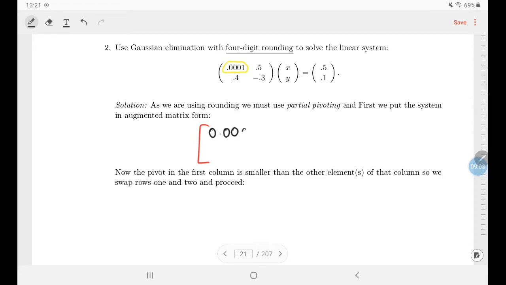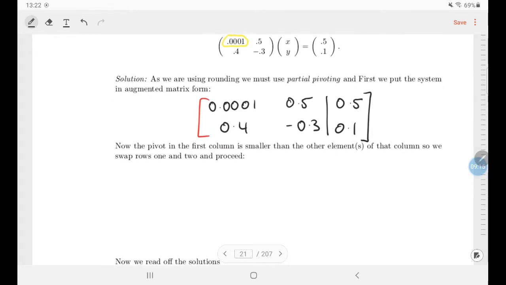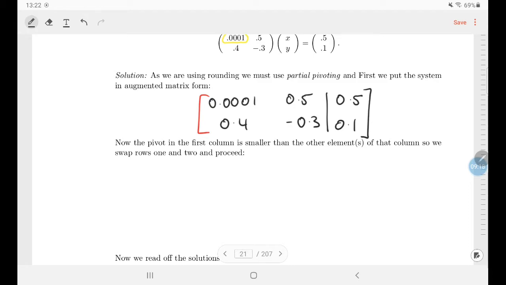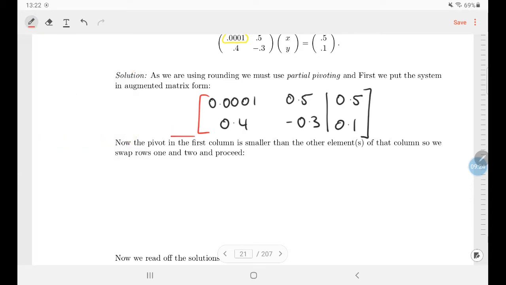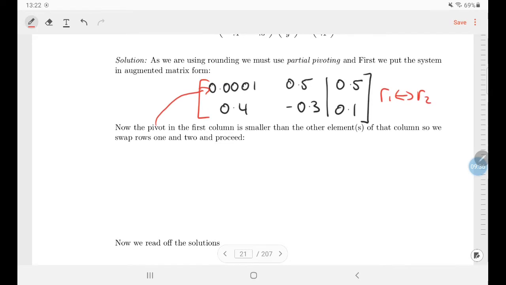This is deja vu. So we solved this, we made a mess of it. Now we're going to get things right. The pivot in the first column, now this isn't actually a pivot yet, but when I say pivot, I mean this entry is small. You do not want to divide by a small number. So what you're going to do is swap row 1 and row 2. And if you do that, instead of dividing by a very, very small number, you're going to divide by a relatively bigger number. You're not going to see the problems that we saw before. So if we swap them,